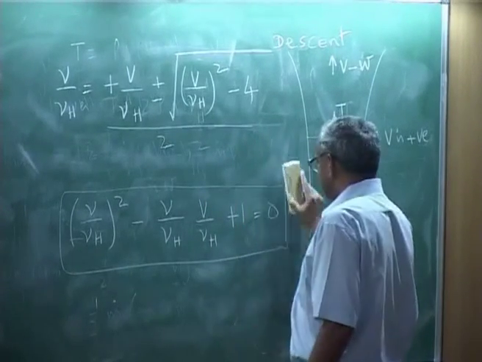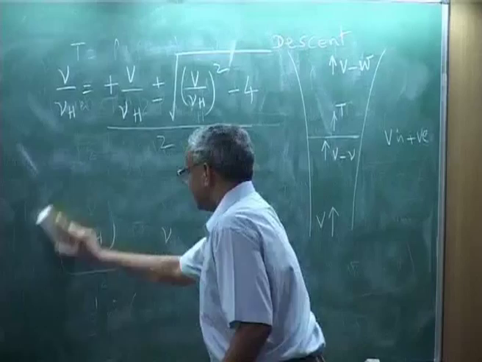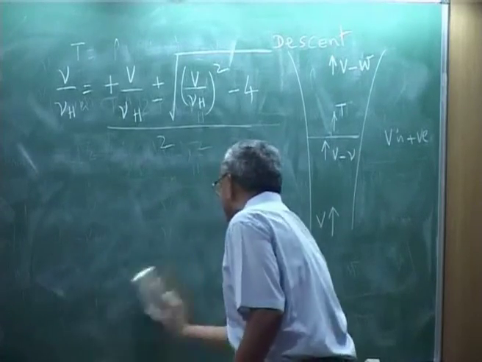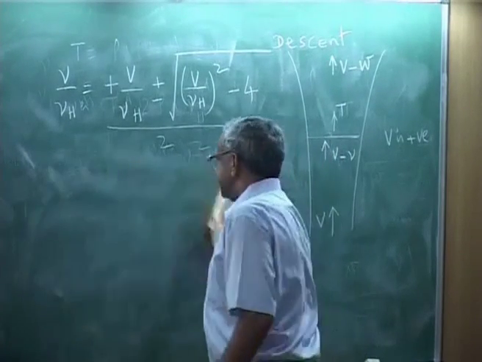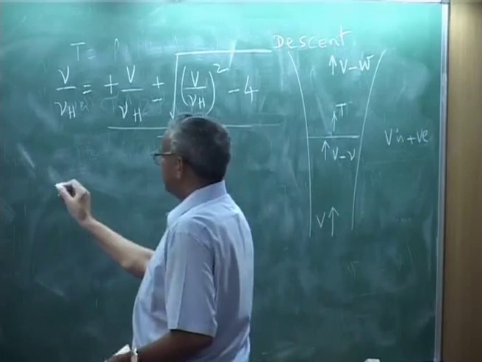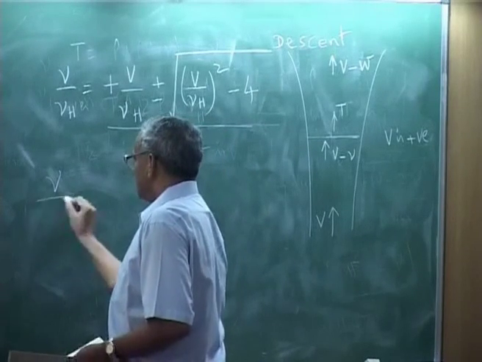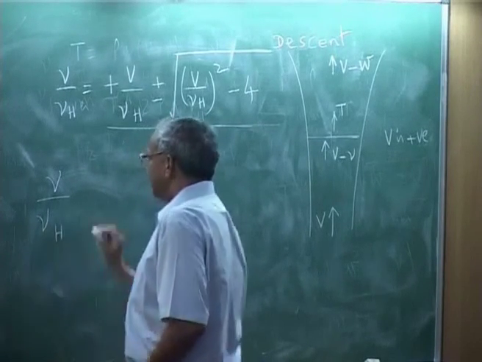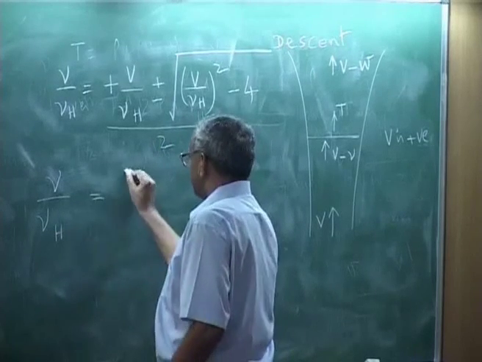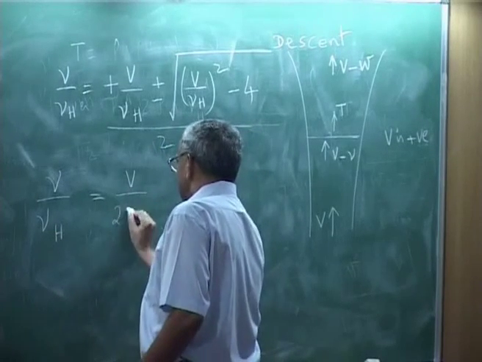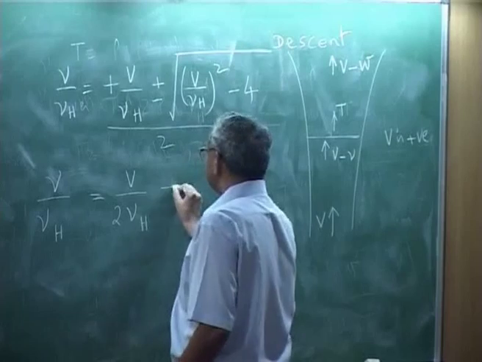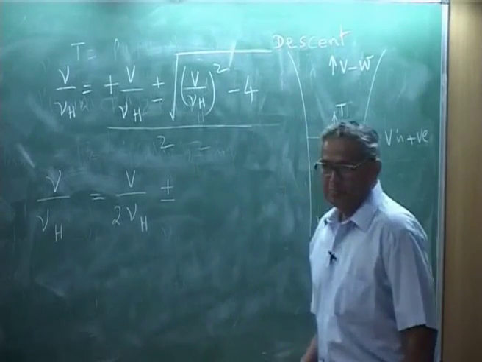If I simplify this, okay, now let me write the root, and that is ν over ν_h in descent is V over 2ν_h plus or minus